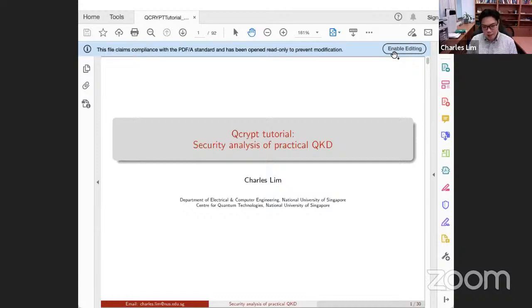Then we will talk about an emerging topic in QKD: people have now started using numerical methods to bound the security of QKD assuming collective attacks. And this is a very nice topic today, because it allows you to explore very exotic protocols that one normally cannot analyze using traditional tools, and you would see that